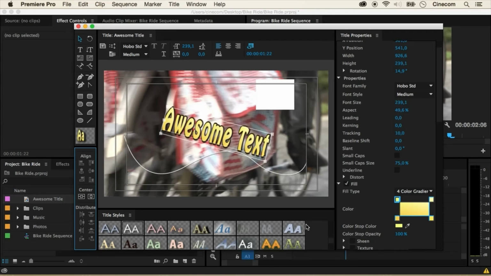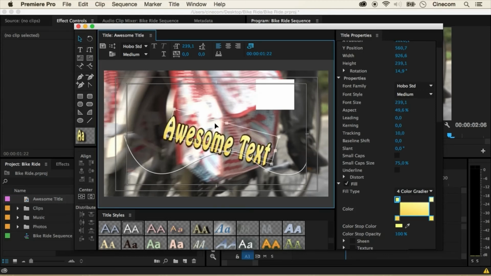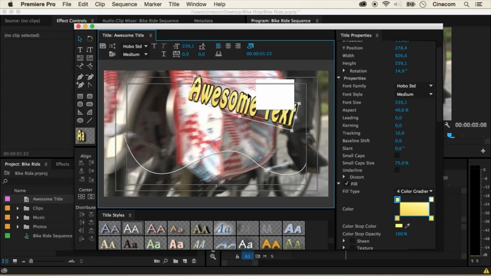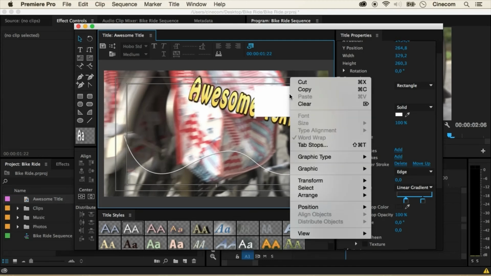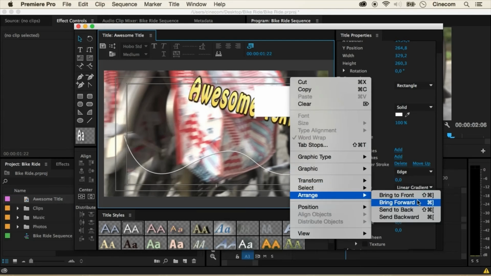Now, while designing a text inside the titler, you might bump into things where you want to position this text, which we have created first, above the rectangle, which we have created later on. What you can then do is either select the text or the rectangle and just right-click on it. Now I've got the rectangle selected. And from here we can say arrange, and we can say bring to the front, which will make sure that the rectangle will go all the way to the front,